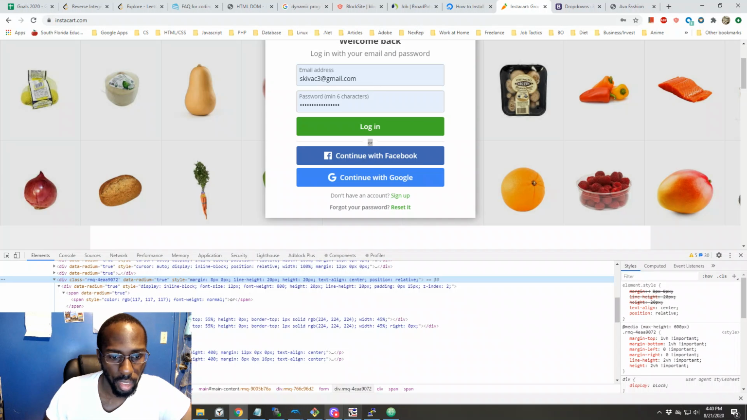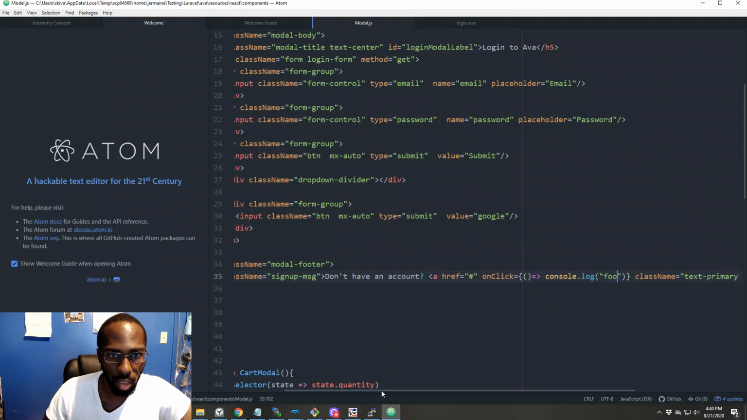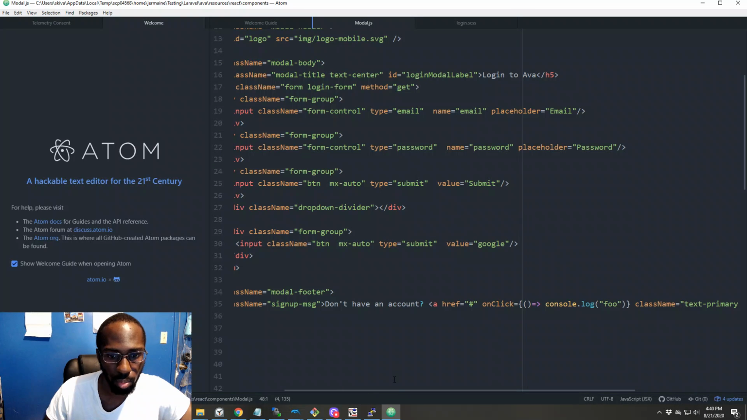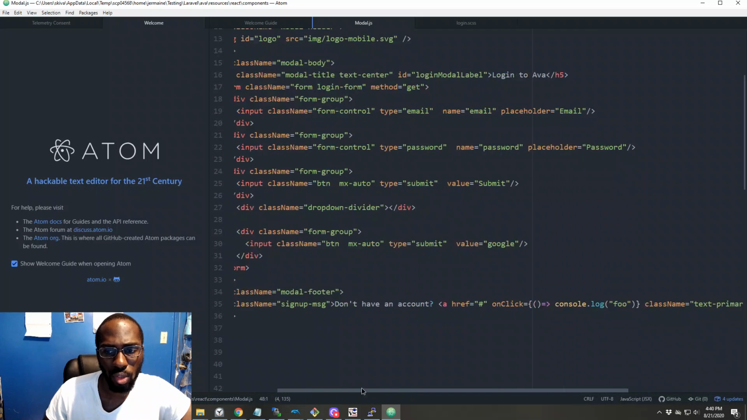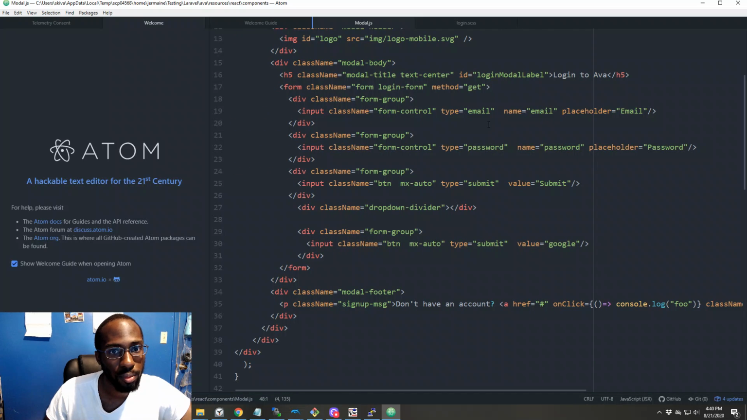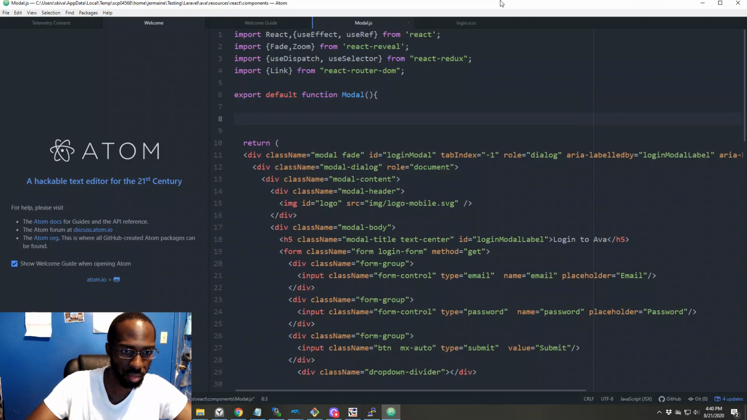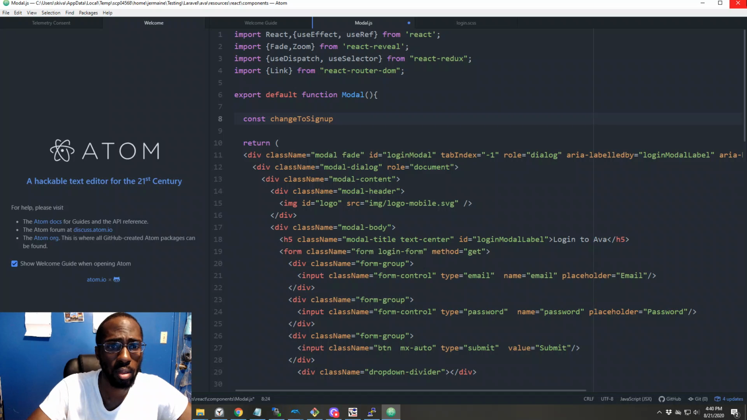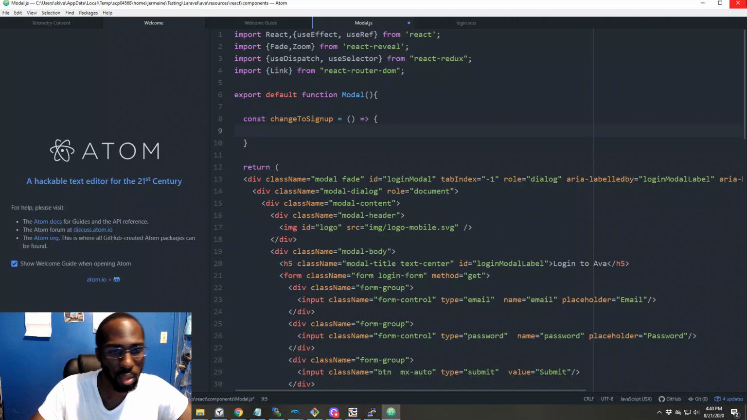So now we'll just have handle register, handle sign up, or change sign up. I guess I'm going to have something called change to sign up. Maybe I should call it something else. I'll think about it later. It'll be an anonymous function which will